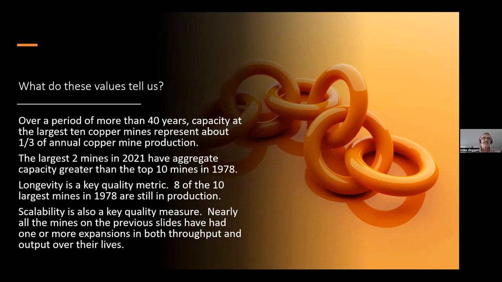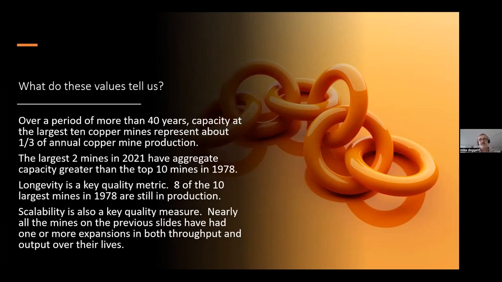8 of the 10 largest mines in 1978 are still in production, and one more of them might come back into production. So longevity is definitely a key factor in these very large, important mines. But as I mentioned earlier, scalability is also a key quality. Almost all of the mines on that list have gone through 1, 2, 3, 4 different increases in terms of